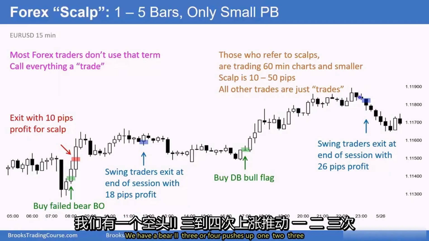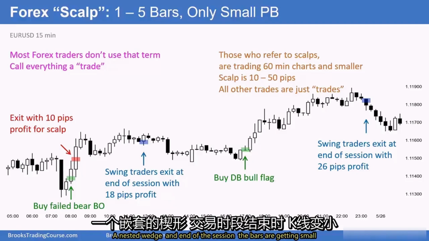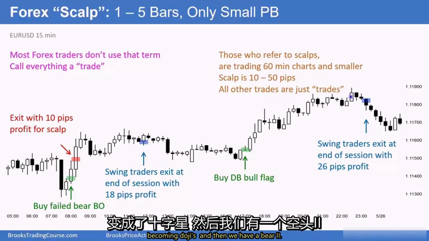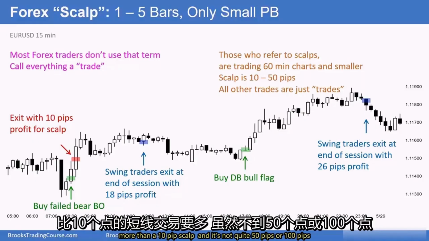We have a bear II, 3 or 4 pushes up, 1, 2, 3, and then larger, 1, 2, 3, larger, 1 or 1, 2, 3. A nested wedge, and end of the session, the bars are getting small, becoming dojis, and then we have a bear II. So the swing trader would get out here, and he made 26 pips profit, more than a 10